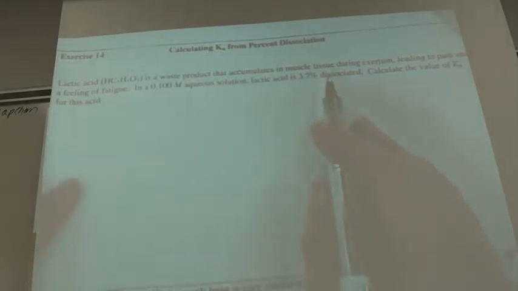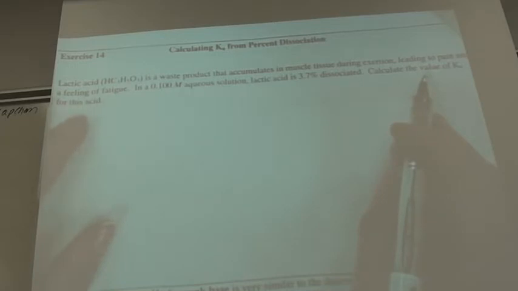In a 0.1 molar aqueous solution, lactic acid is 3.7% dissociated. Calculate the value of Ka for this acid. Well, lactic acid dissociates in this manner, and the Ka expression would be